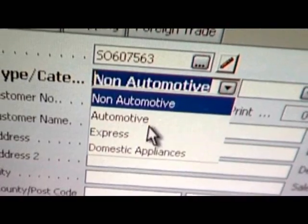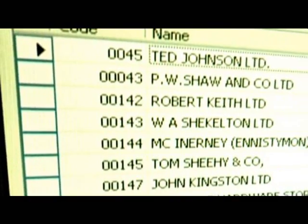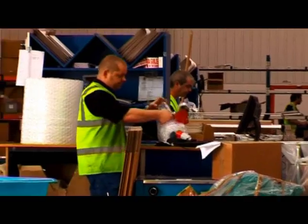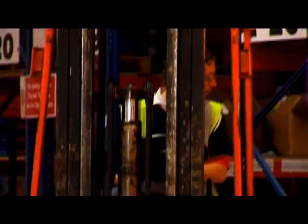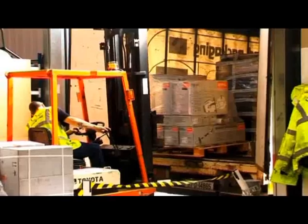Customers have noticed over the last 5 years the massive change in our company. Our efficiencies, our effectiveness, our delivery systems have just been transformed. 5-6 years ago, when an order came in here, it would take possibly up to a week to be delivered to the customer. Now we know that when the order comes in, we can advise the customer where the order is in the process, whether it's been picked, whether it's been packed, whether it's been dispatched. But we can state categorically that 99% of orders in today leave here today, so all customers can expect a